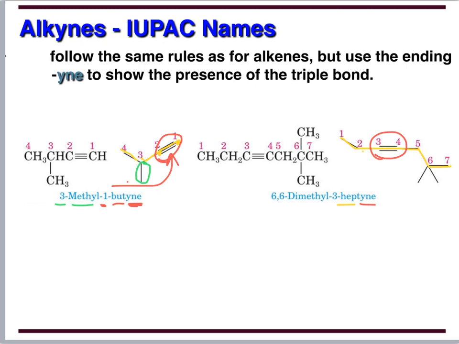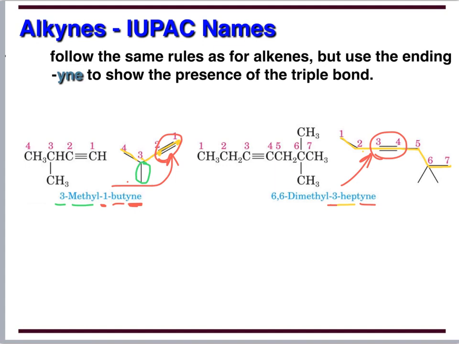So when I numbered them, if I start numbering on the right side, it actually becomes triple bond at carbon number 4, which is higher than if I started numbering from the left side where I get carbon number 3. So left side it is, I start numbering where the number for the bond is going to be smaller. So it's 1, 2, 3, so that's where I get that 3 for the location of the start of the